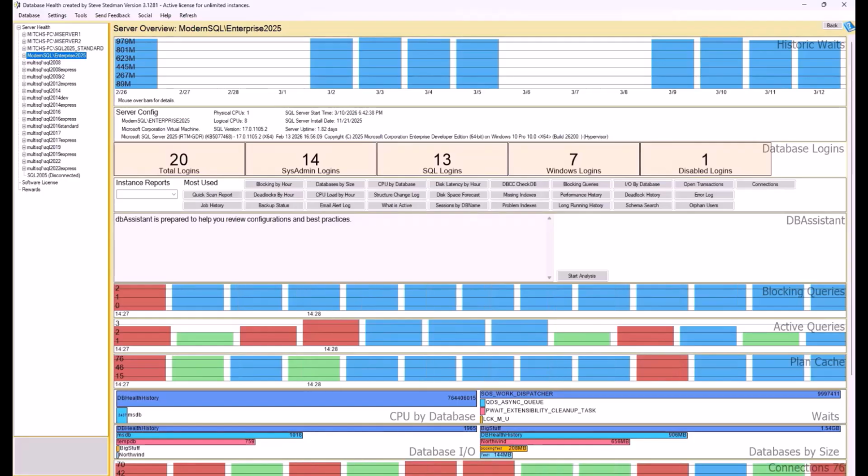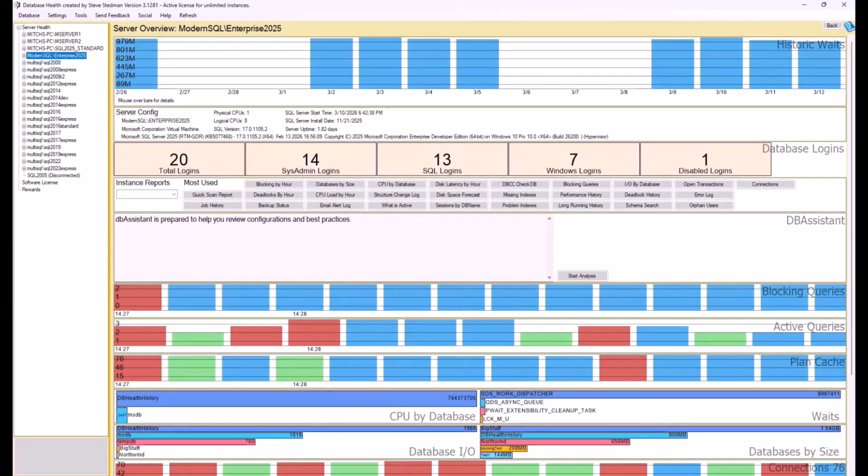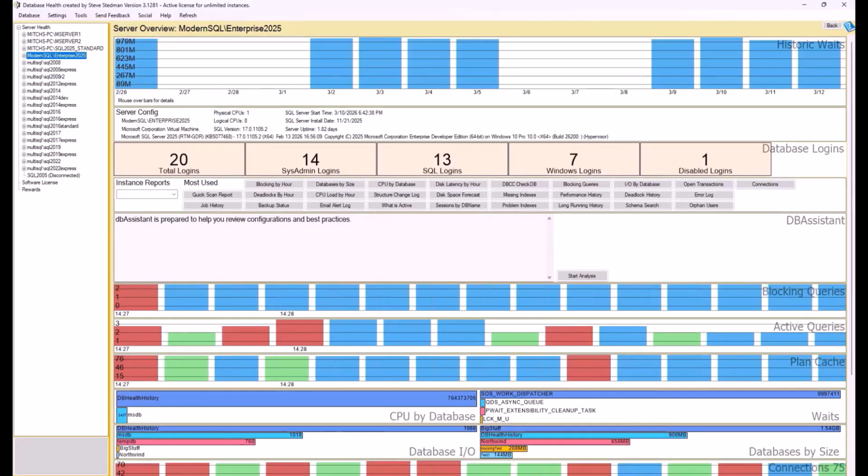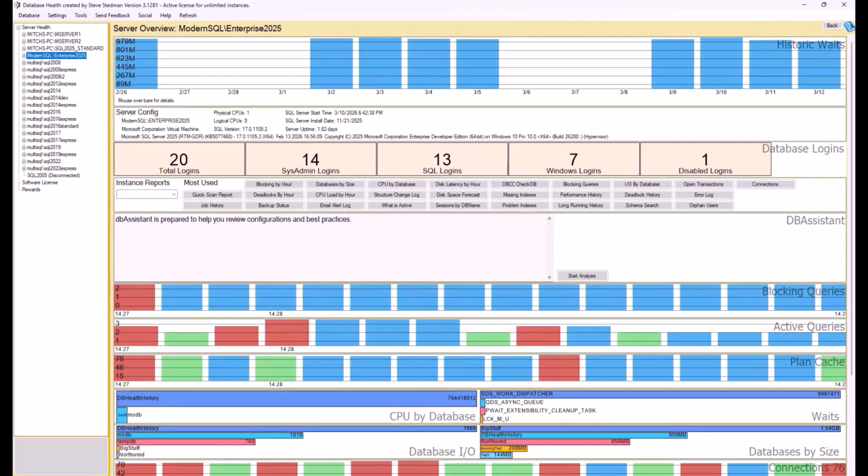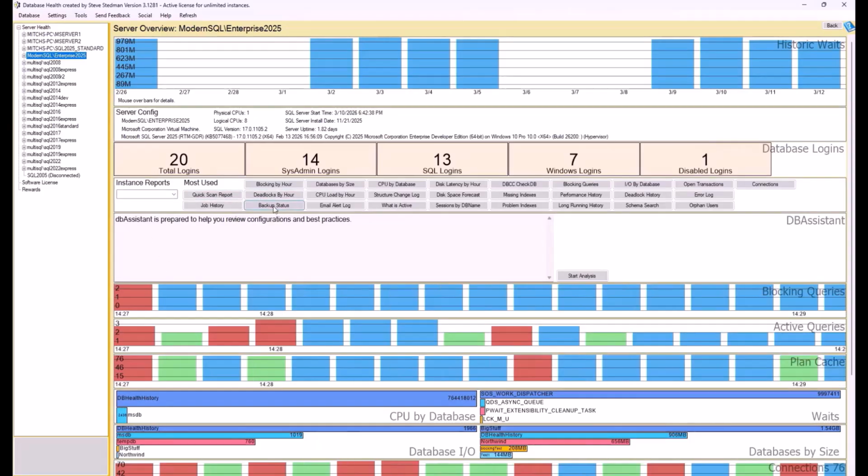Also added the blocking query plan tracking. So let's see. Do you want to kind of break down the difference between what we were previously collecting and what we're collecting now, Steve, between that blocking queries? Sure. So if you want to click on one of the blocking, like blocking over time or blocking queries, one